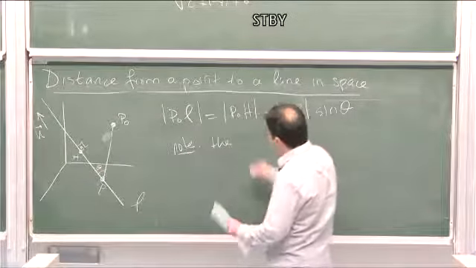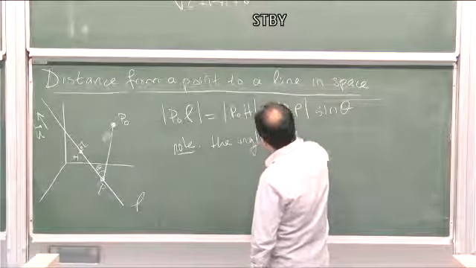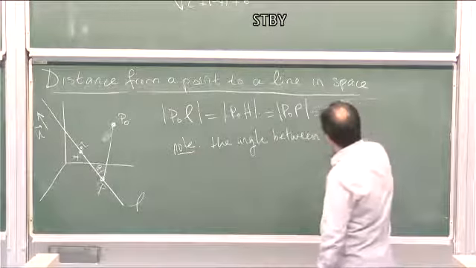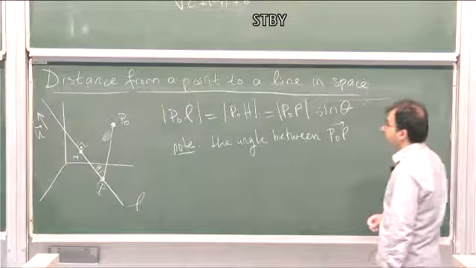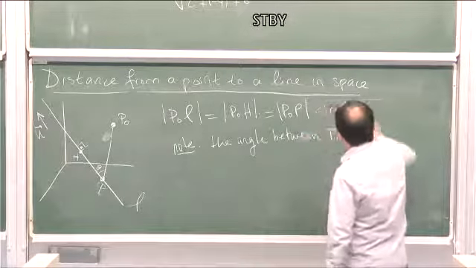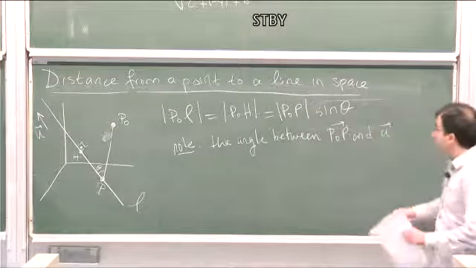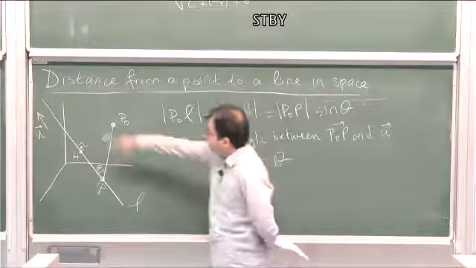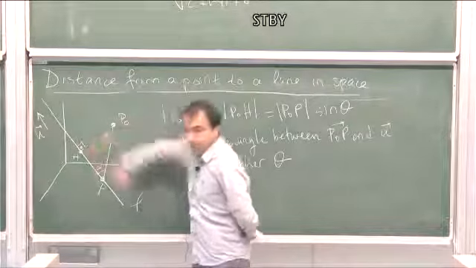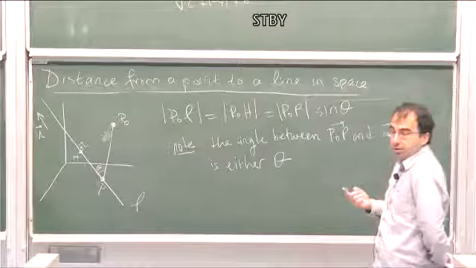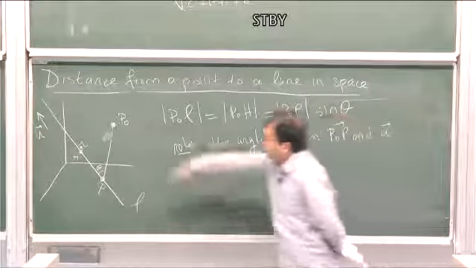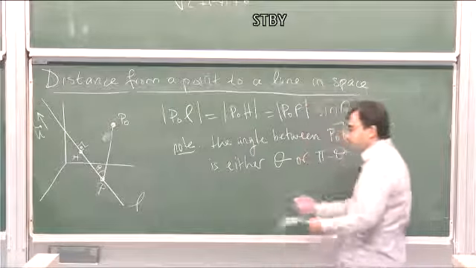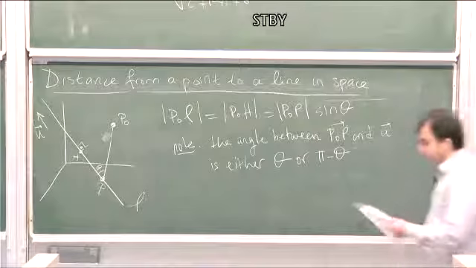Note that the angle between this vector P0P and the direction vector U is either theta, as you see in this picture, or, since a direction vector is just parallel, I could have U in the other direction as well. Then it would be pi minus theta. Anyways, in any case,